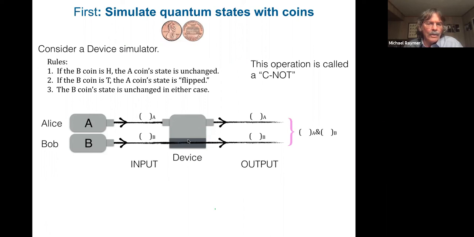The device is closed and sealed. You cannot look inside there to see what happens. And in fact, you cannot even look out here to see what happens. You're not allowed to look here. It's covered up. This whole thing's in a box. If you look in there, we know that's going to convert the quantum state into a classical state, and the particles will forget their earlier quantum state. Don't want that to happen. So you need this whole device to be unitary, which means you cannot block one of these paths, because if you block one of the paths, it's not unitary.